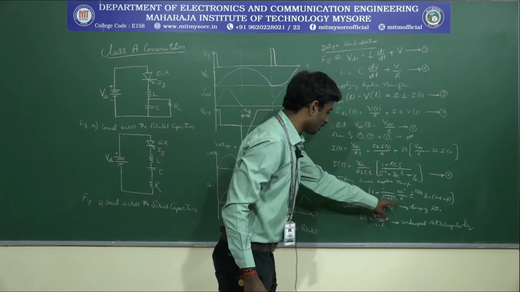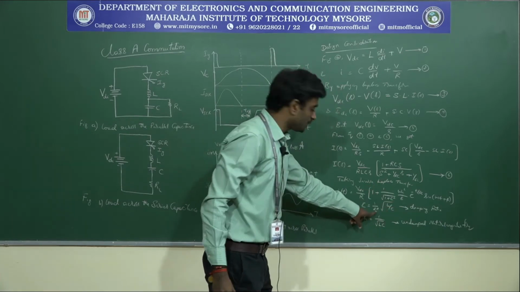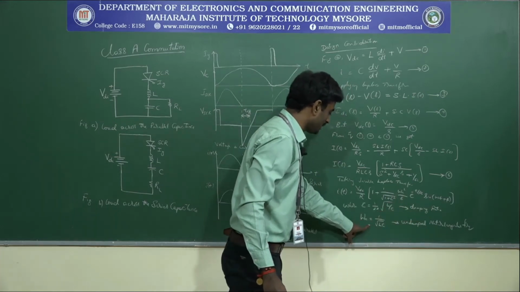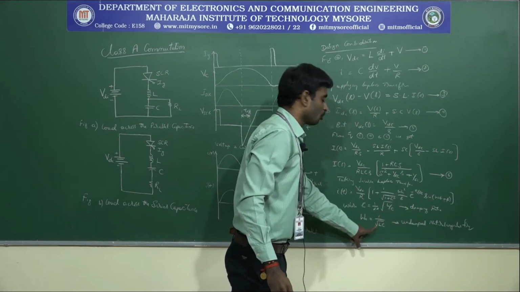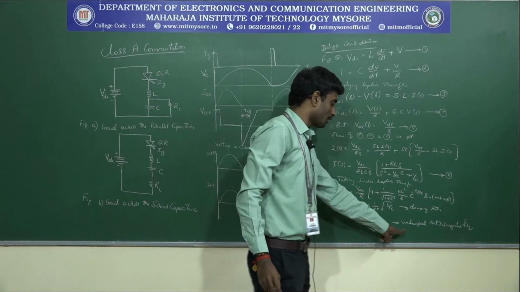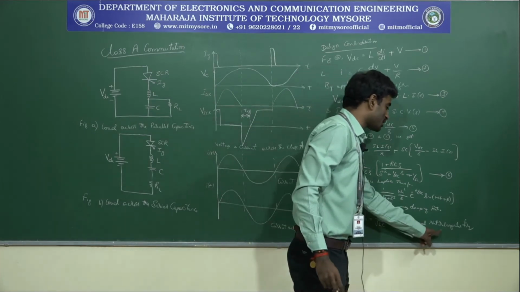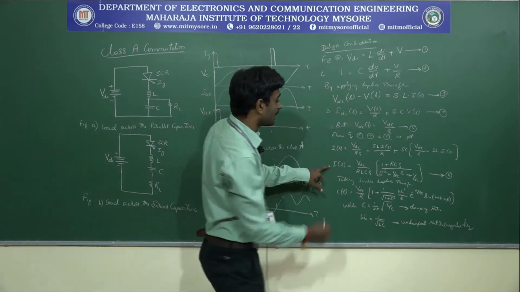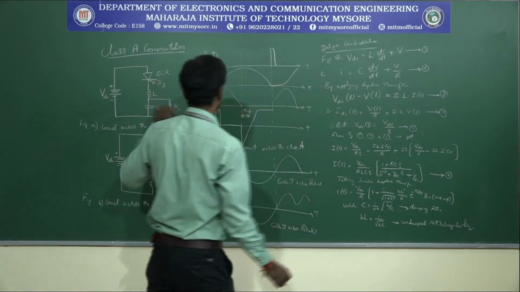The first one will be epsilon, which will be equal to 1 divided by 2R into root of L by C, that will be called the damping ratio. Another will be omega suffix n, that will be 1 divided by root of LC, that will be called the undamped natural angular frequency here. So this is with respect to the current of your first circuit.